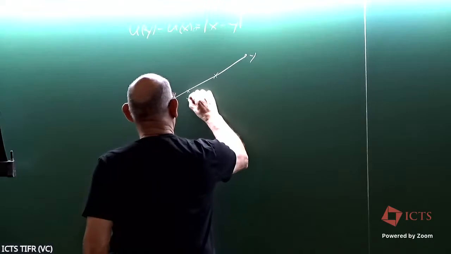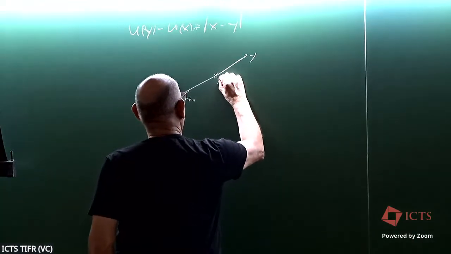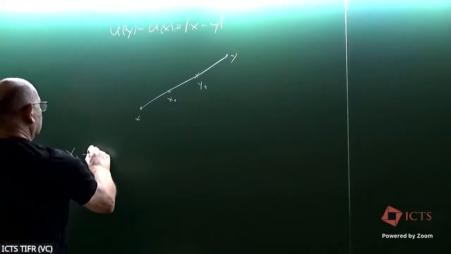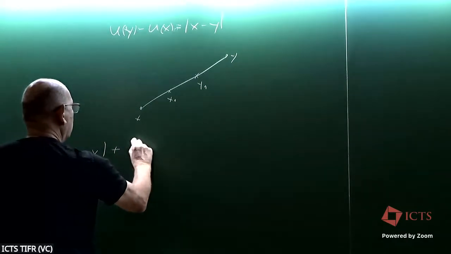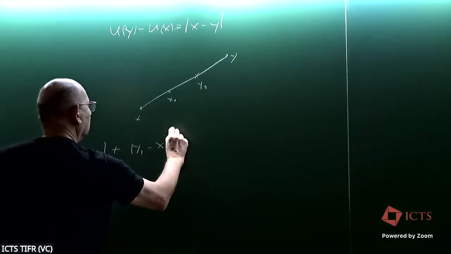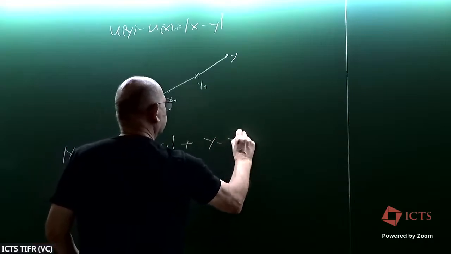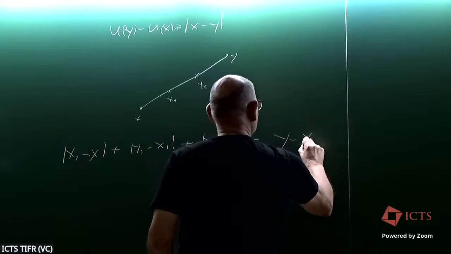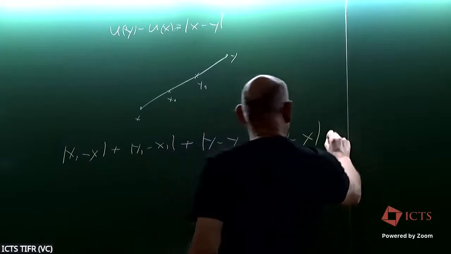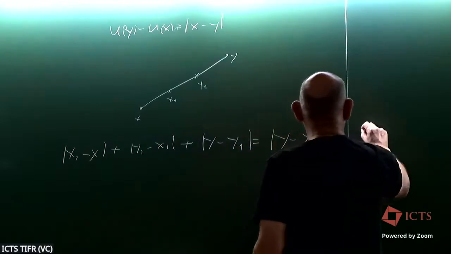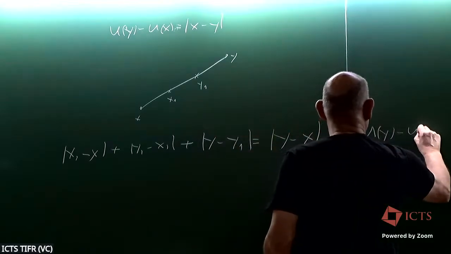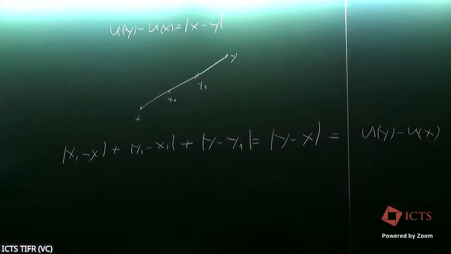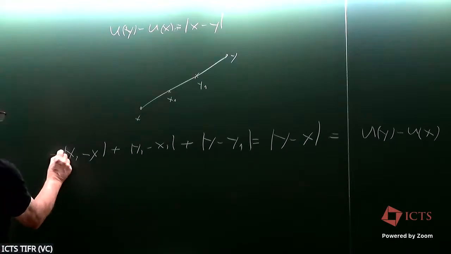So suppose this point is x1, and this is y1, say. So of course |x1 - x| plus |y1 - x1| plus |y - y1|, because they are all on the line, this is equal to |y - x| on the one hand, and this equals, like we assumed, u(y) - u(x). On the other hand, because this function u is Lipschitz 1, it has a Lipschitz constant less than or equal to 1, these are